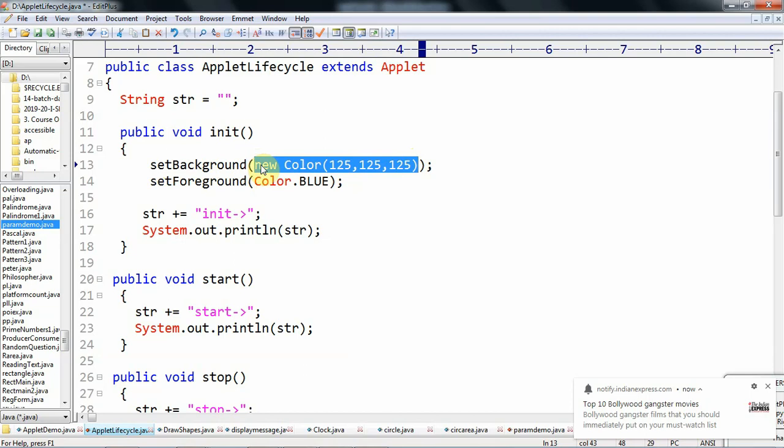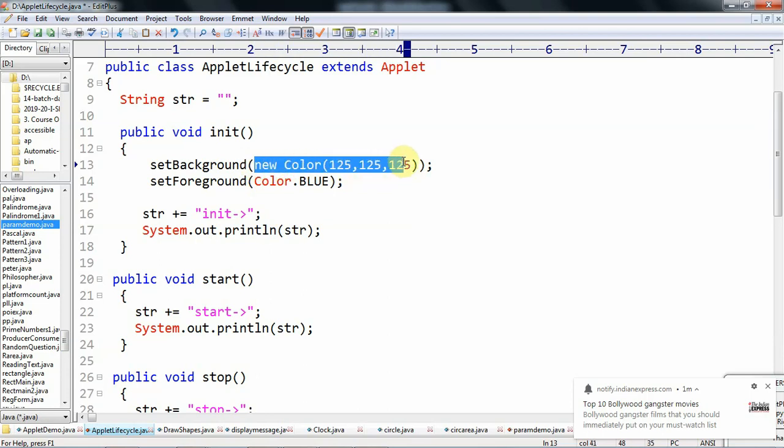Any color is created with a combination of red, green and blue contents. In this example I create a new color with 125 red content, 125 green content and 125 blue content.